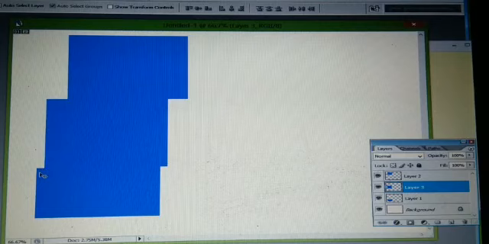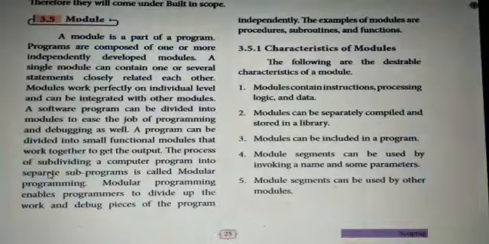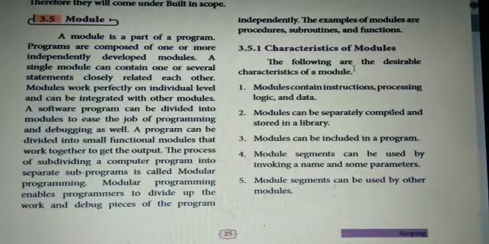A number of characteristics and benefits we are going to discuss here in modular programming. See here the characteristics of modules. The following are the descriptive characteristics of a module. The first one: modules contain instructions, processing logic, and data.